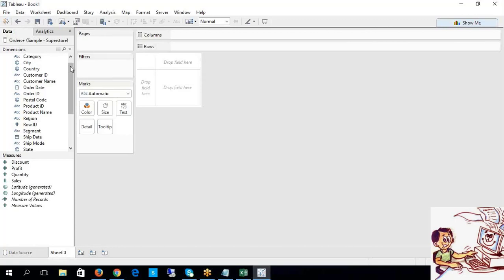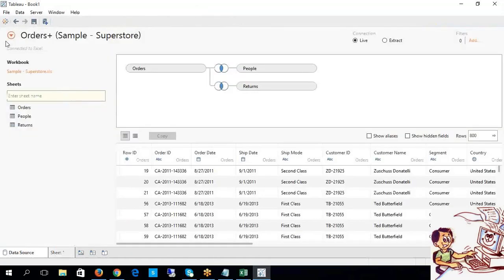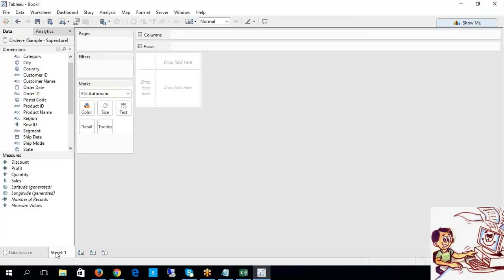now look at this. So you have this one. Now what you're supposed to do is, this is the data source symbol. Whenever you double click here, again it reaches the data source. So what does it mean? Here we have chosen a radio button called live connection. Which means we are using a live connection. Fine. Now look at this. Go to your respective sheet.